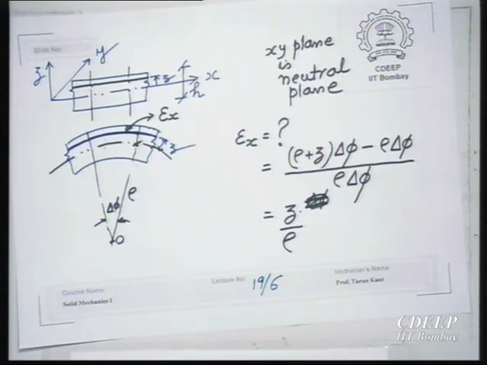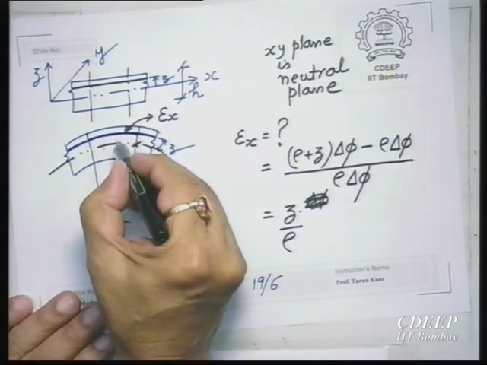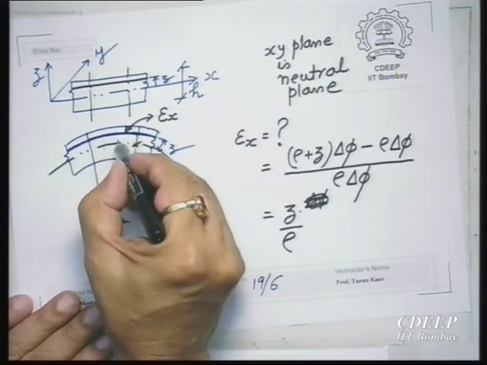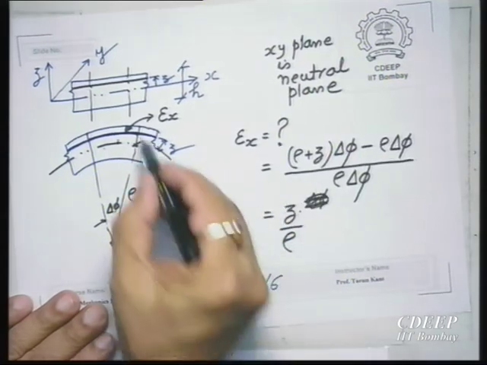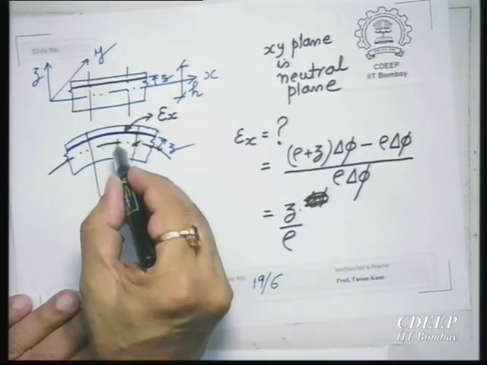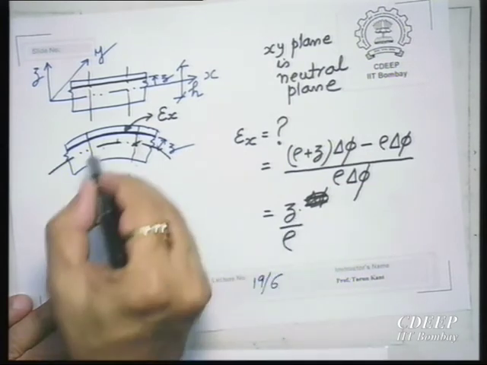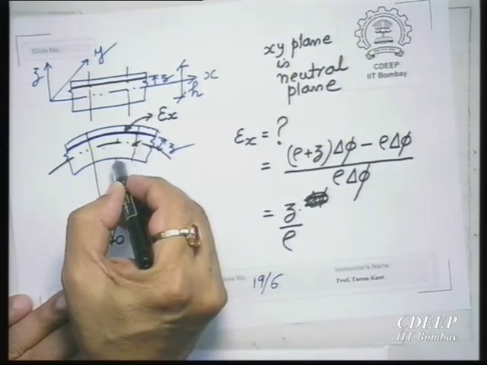Rho is the radius of curvature of the neutral axis, in which it has gone from straight to curved length. So it is a constant, and then z. So it varies with z. So, strain varies linearly, and it is positive because these are all tensile strains. As you go over here, z equal to 0, no strain, and as you go up it will be z times that. So z will be going up to h by 2, and similarly when you come down, z will become minus, up to minus h by 2.